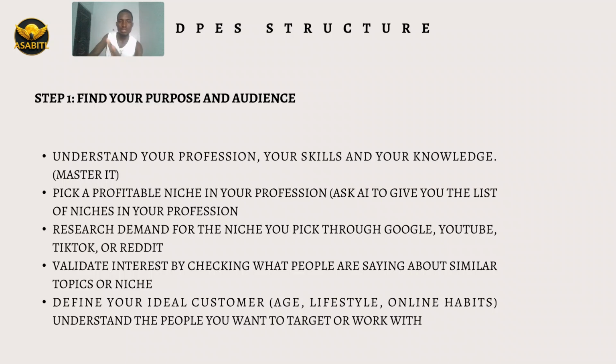So after you ask yourself this and you realize that this is what you can do, it's time to channel your energy down to a niche. When we talk about a niche, it is for example, you're a doctor. Under doctorate, there is a lot of things under it. If you want to go for everything, you'll be confused along the way. So the best thing is, as I'm a doctor, maybe I want to concentrate only on nursing mothers. You understand? That is my niche. That's what I'm trying to say. So I'm going to brief you on how to do this.